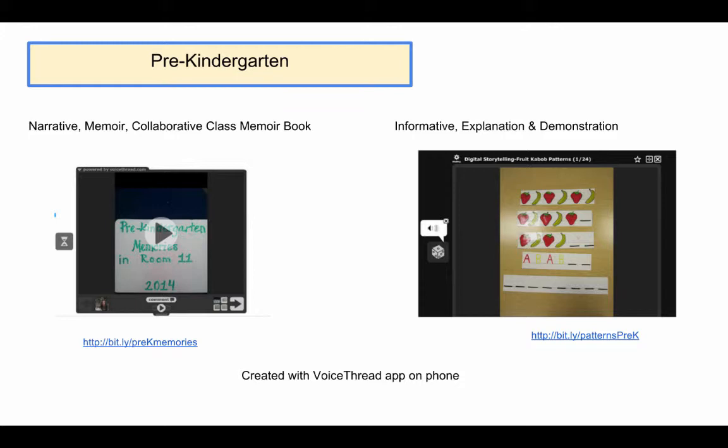The second illustration of a digital story I have on this slide is of a teacher who created a digital story to review the concept of counting. She ordinarily used fruit kebabs that she brought into the class that she placed on a skewer to review the concept of counting. She then created a digital story to further review the concept and illustrate the point she was making. In creating the digital story, the students had opportunity at any time to watch her story and to review it. For instance, they could do this at home.